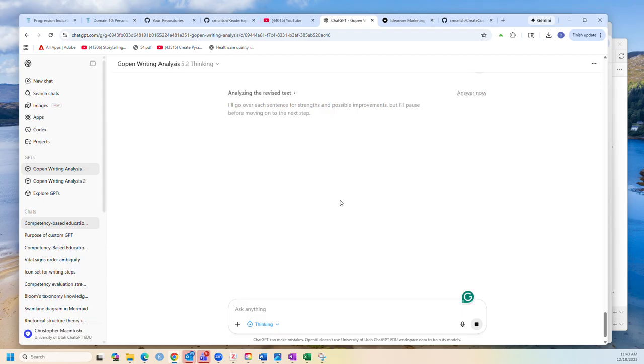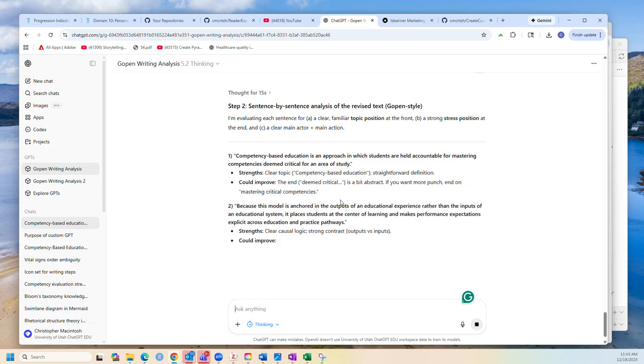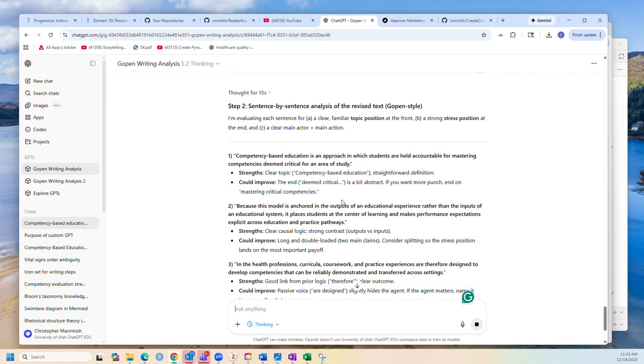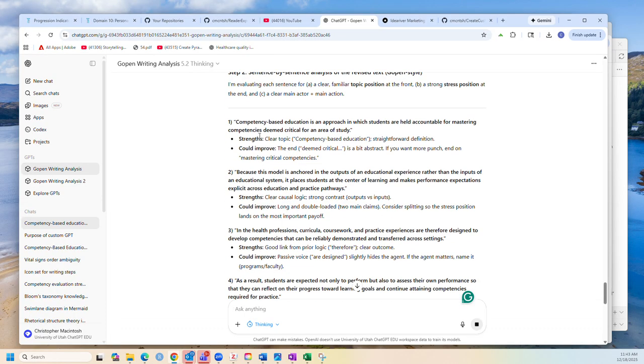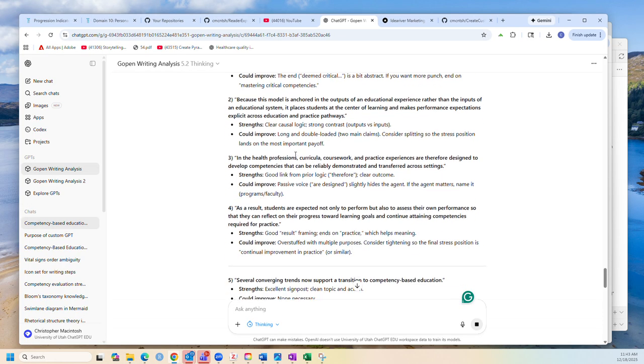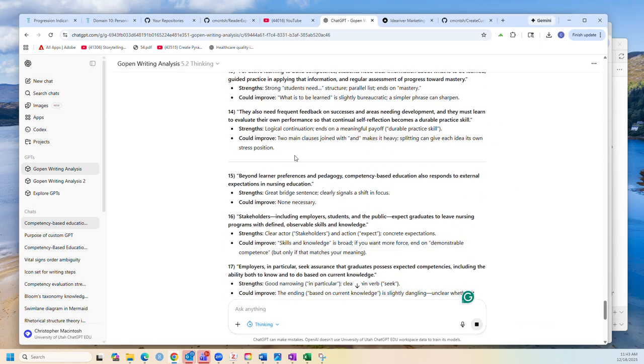And this is really meant to be a bit of a writing workshop, so somebody can analyze their own writing and make improvements. I really kind of like this back and forth process here. And obviously somebody has to start with the text that they put together and then can work with it. And so this one goes sentence by sentence through every sentence, talking about what is strong about the sentence and what could be improved about the sentence based on Gopin's recommendations, and so it goes through this and lists each sentence,